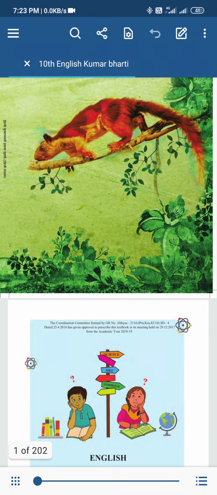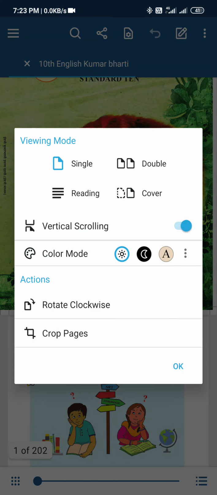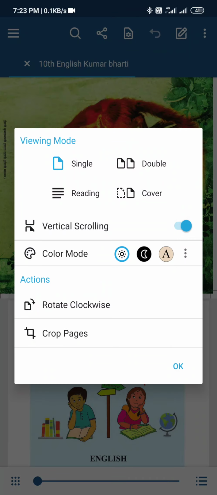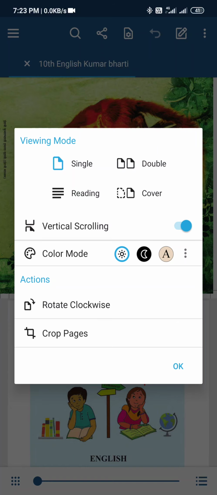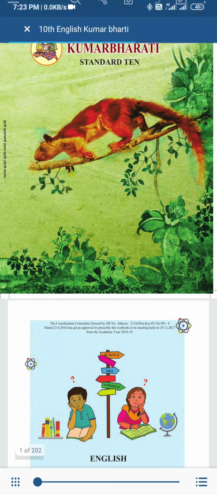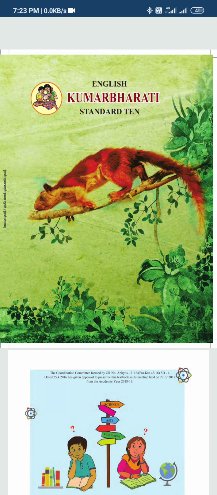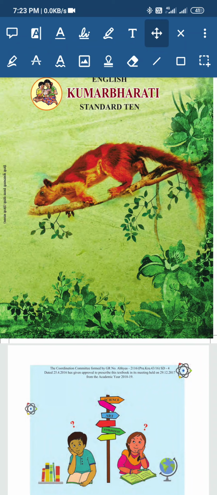Also, you can see top right here, there is a page icon with settings like this, and you can have vertical scrolling as well as horizontal scrolling. If you are doing like this, then it becomes vertical scrolling. An icon with a pen here gives you various tools. There are a few tools listed here. You want more tools? Then go for show all tools.